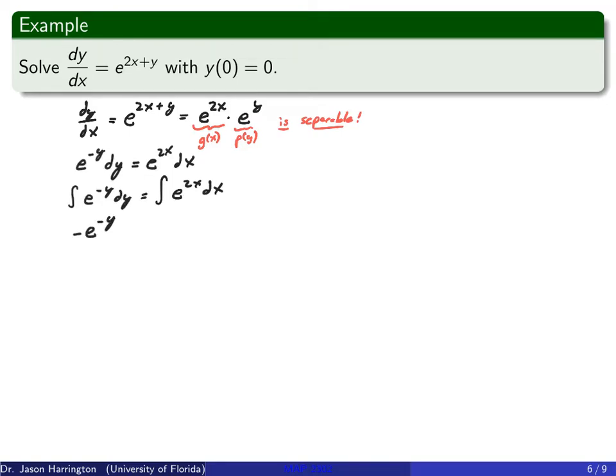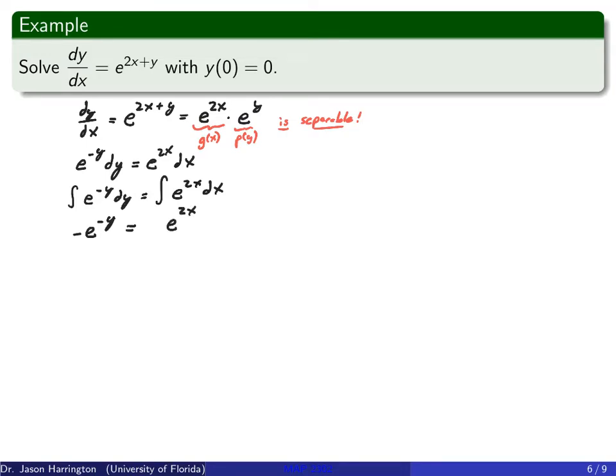And again, the way I like to think about these is I know that the antiderivative of e to the negative y is going to be something of the form e to the negative y. But sometimes it's easier to work backwards than just using u sub really quickly. So I know that I'm going to have e to the negative y, and if I put a minus sign here, then I know the derivative of this becomes this term there. And you should be able to quickly recognize these things instead of having to write out u substitution for every single one of these little problems. Likewise, over here on the right-hand side, I know that I'm going to get e to the 2x.